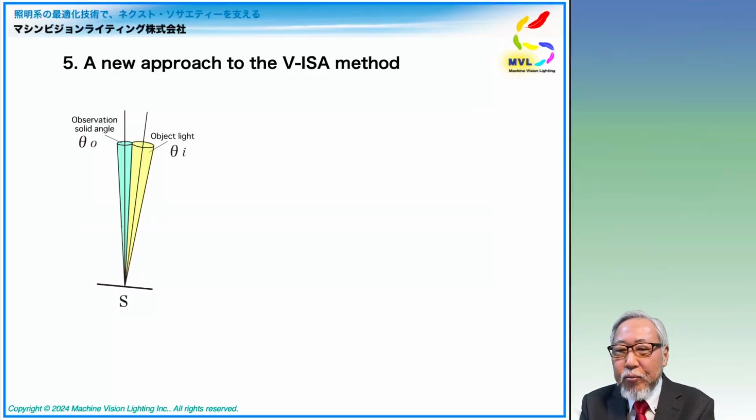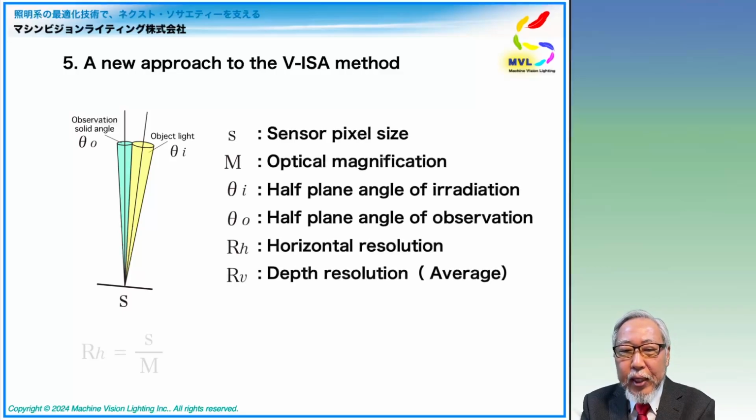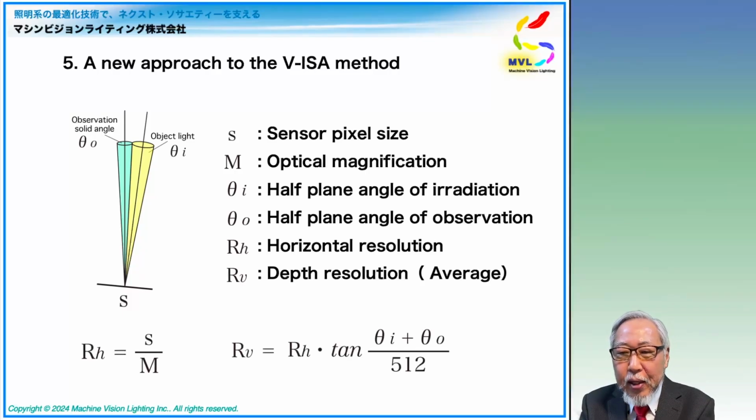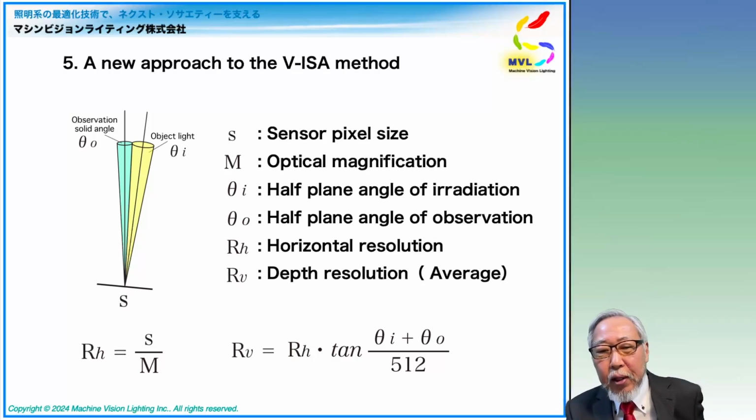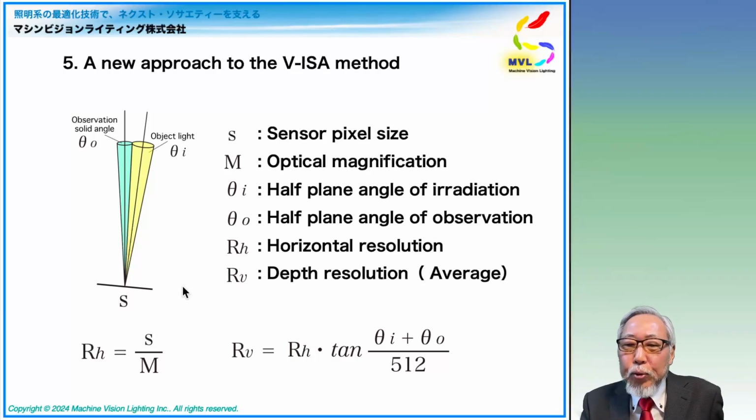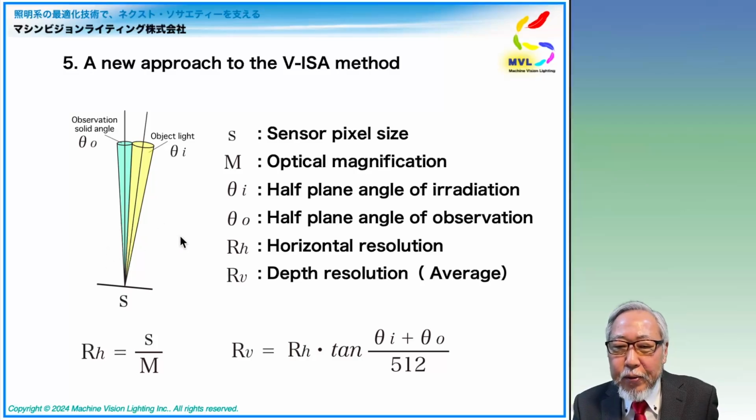This is a diagram showing the resolution of the Visa method. The horizontal resolution is the pixel size divided by the lens magnification, and the depth resolution is multiplied by the tangent of the tilt angle per gradation of the object surface. If you reduce both the irradiation solid angle and the observation solid angle, the resolution in the depth direction increases. However,